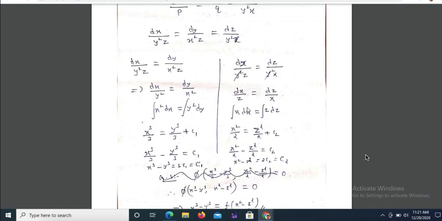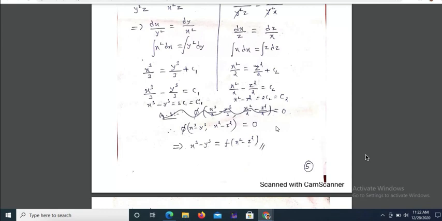See, it should be integrable. First of all, it should be independent of all other constants and it should be integrable. You have to be able to integrate. If you are not able to integrate, it is of no use. So these two things are very important. If they are not satisfied, then you cannot apply Lagrange's method. Understood? So be careful about that. In every problem you cannot apply Lagrange's method. Sometimes they may mention 'apply Lagrange's method, solve.' They may not mention it, like in these problems.